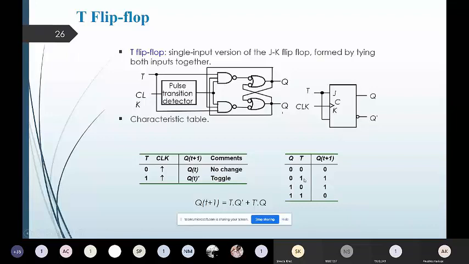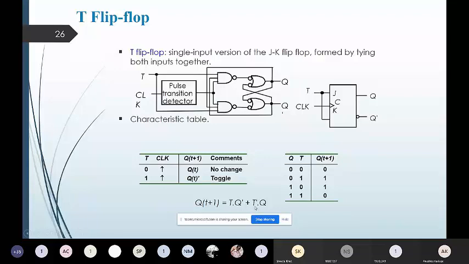But if the T input is 1, then the present state will get complemented for the next state representation. So you can observe that in the second row and in the fourth row of this table. From this, by representing a two variable representation here, you can observe that Q(t+1) is going to be obtained as T Q' + T' Q, which is said to be the characteristic equation